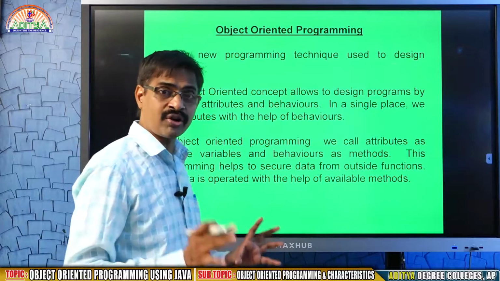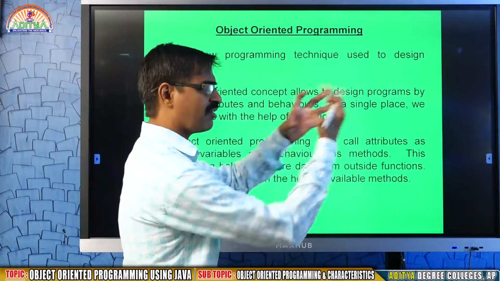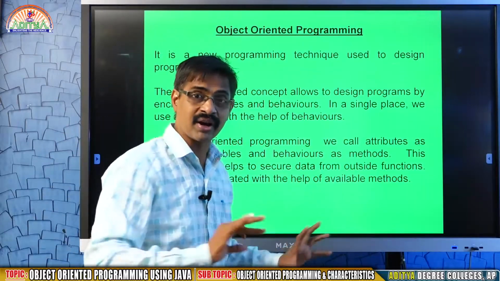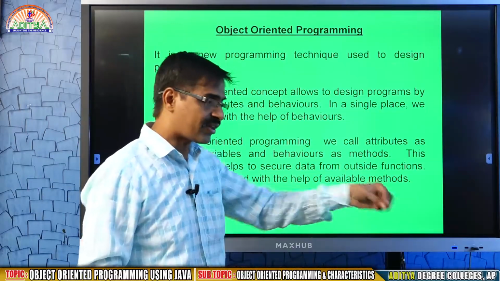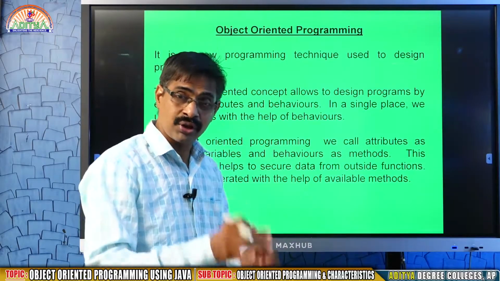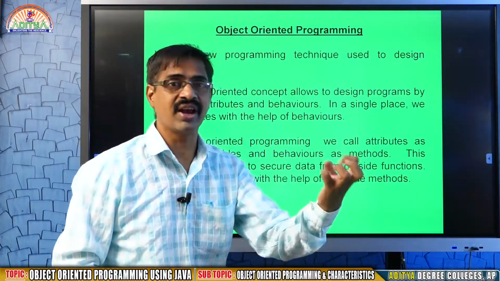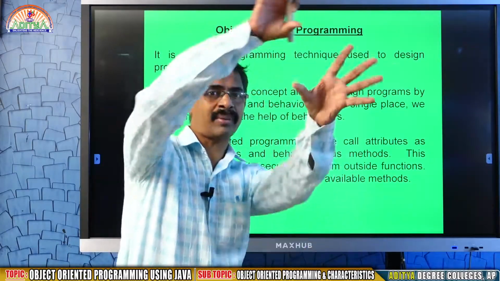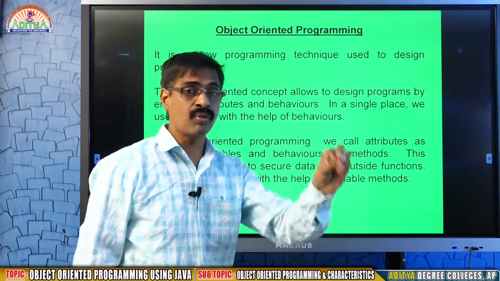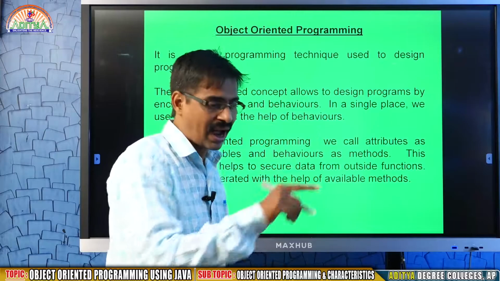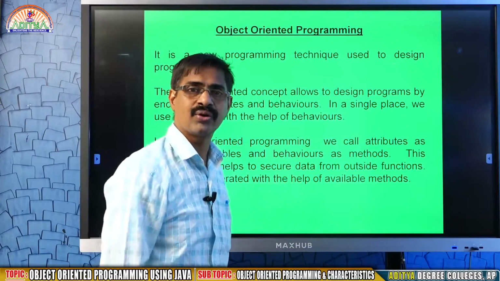Now in object oriented, instead of spreading the variables and writing methods, and through the methods operating the variables, not like that. You create an object, and inside the object you create variables and methods, so that everything is available in a single name. Later you can move this object to some other place, and when you move it, your instance variables, meaning your member variables, and methods, everything will be transferred to the other place.